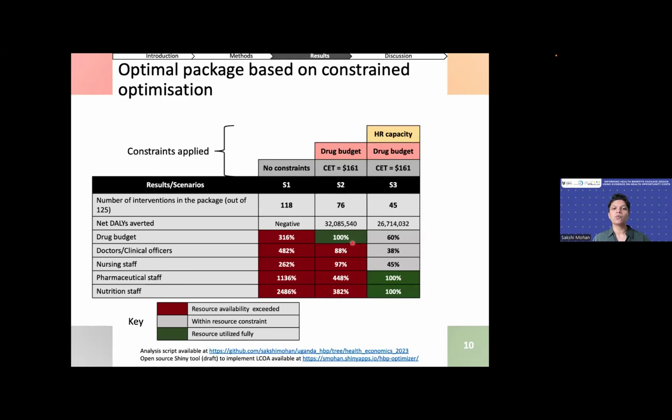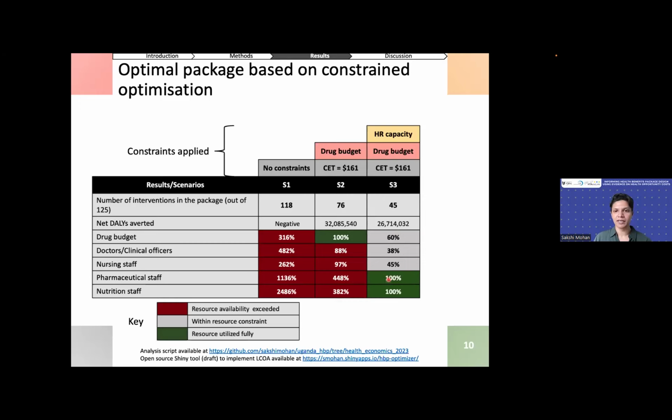And so now we're able to incorporate additionally the human resource capacity in Uganda. And what we arrive at is a much smaller package of 45 interventions. We're using all of the pharmaceutical staff and nutrition staff capacity, and it appears that these are the binding constraints to the system because, in fact, we're not fully utilizing the drug budget, the clinical staff capacity, or the nursing